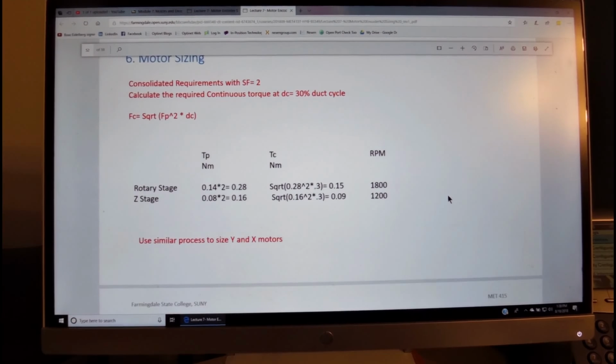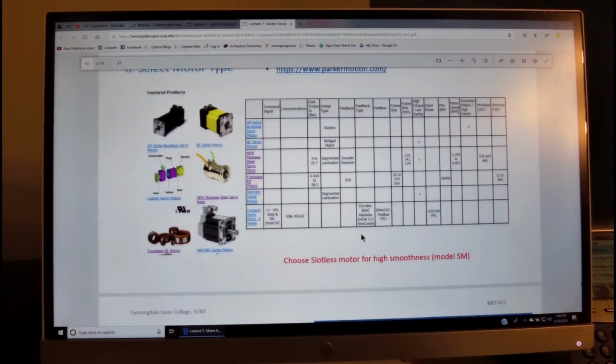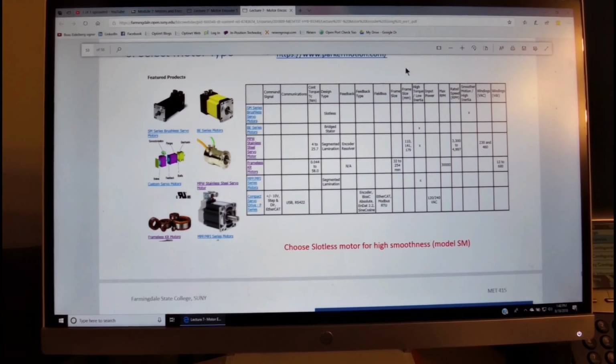When we do the motor sizing, again, we summarize the peak requirements. We can use this formulation that relates the duty cycle, the peak requirement, and the continuous requirement in order to determine the continuous torque. And once we have the continuous torque and the peak torque with the RPM, we can go down to the torque speed curve of the motor and select the motor. Once again, we go to the catalog of Parker Hannifin that provides also options for the motor, so it's a one-stop shop. And we choose the motor that seems to be good for the application.